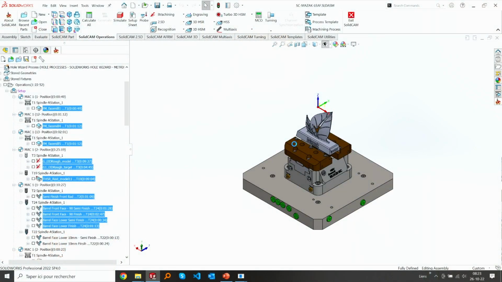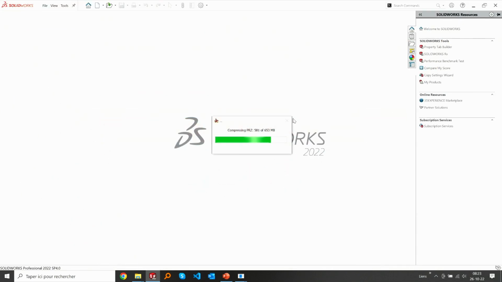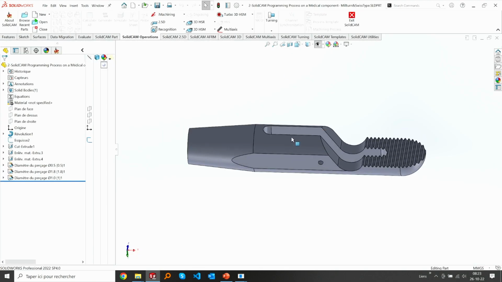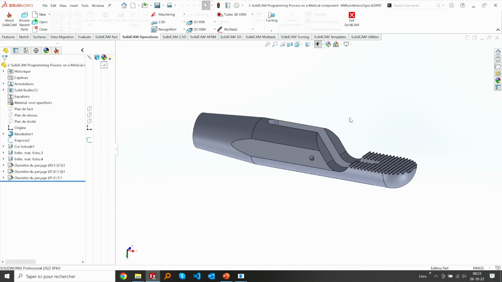Okay, so this is the part that I will use. But first, I want to say one word about CAD data. This is the part that I will program from zero, just to show you. And this 3D model that you will get